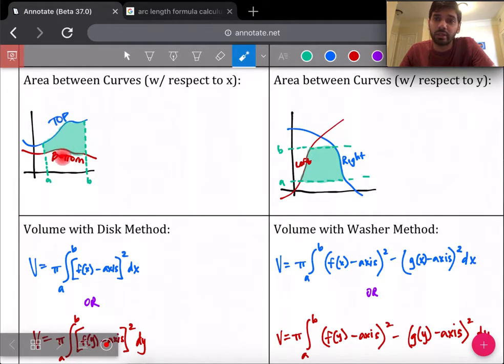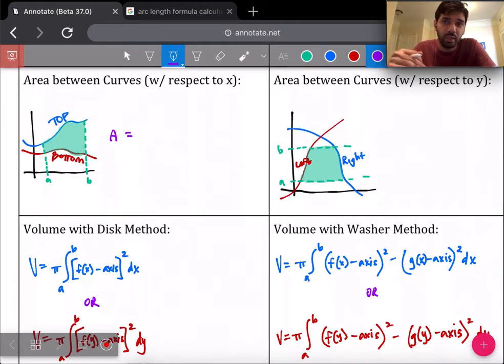So this is a top minus bottom. This is with respect to x, because I can always draw a line from the top straight down to the bottom all throughout this interval. And if it's right minus left, that means your upper bound and lower bound are parallel to each other. So you can kind of see the parallel parts that tell you whether it's with respect to x or with respect to y. And so the integral for an area between curves with respect to x is going to be